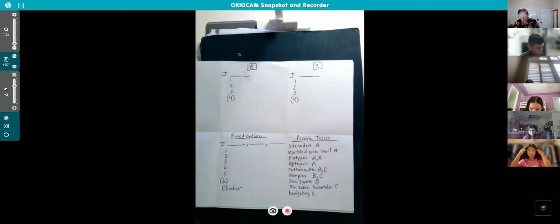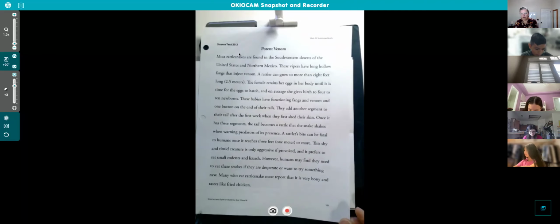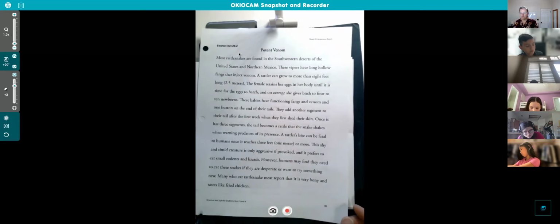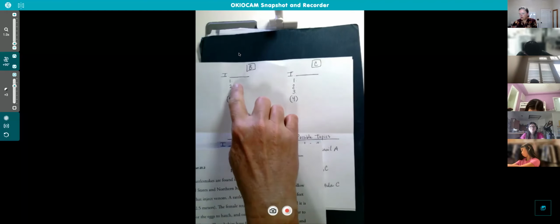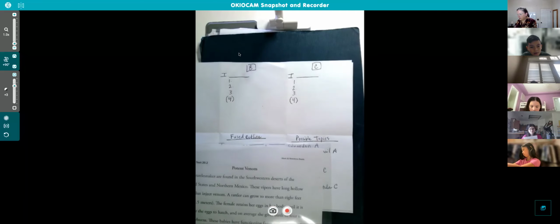Article B starts on page 183, potent venom. And it actually is this very first paragraph. You know, we circled it. Mine's not circled anymore because I use it for other classes. You're going to read this paragraph by yourself and find 3 or 4 facts about rattlesnakes.